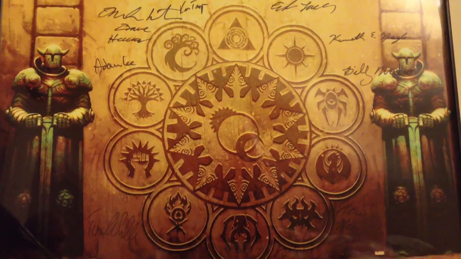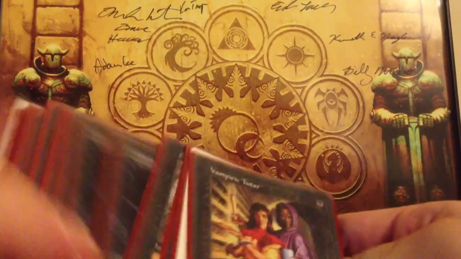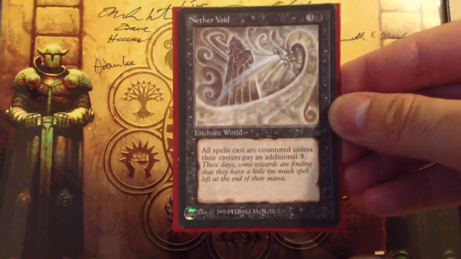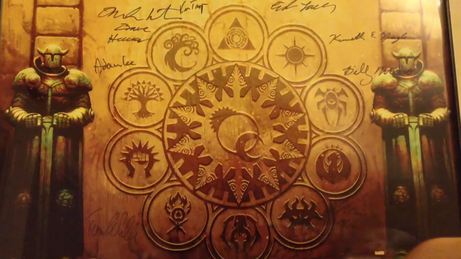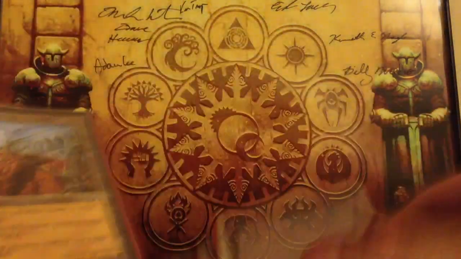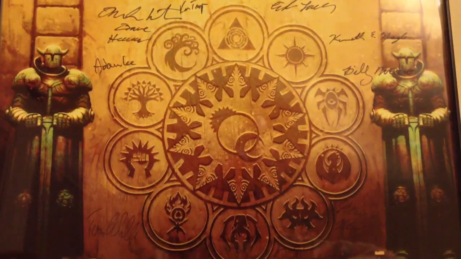One of the earliest decks I remember is just this black Nether Void deck. Nether Void is one of those older Legends enchantments. Enchant World comes up for 4 mana and says all spells are countered unless you pay an additional 3. So there would be 4 Nether Voids and 4 Necropotence, and you'd attack their hand with Hymn to Tourach, and attack their mana base with Sinkholes and Wastelands and Strip Mine, and hit them with the